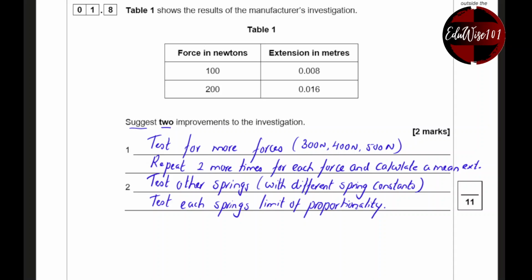Meaning add enough force to find out at which point the spring becomes inelastically deformed, or when it will actually change shape. That brings us to the end of question number 1, and I will see you in question number